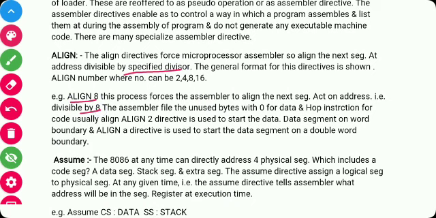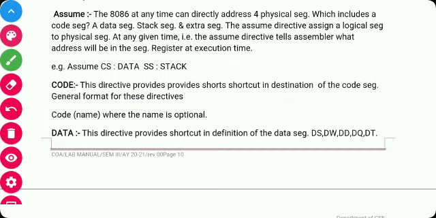Next is the ASSUME directive, which is used to assign a logical segment to a physical segment. As we know, there are only 4 physical segments and a number of logical segments, so ASSUME is used to assign the logical segment to the physical segment.